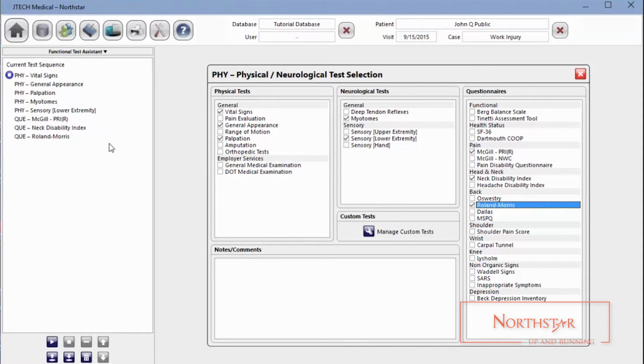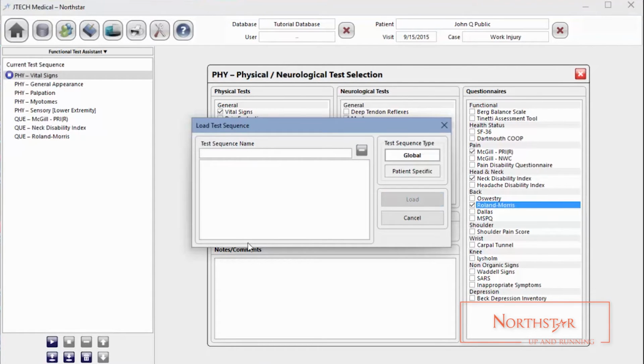The panel on your left, the playlist, is all of the tests you've added to this particular battery. You can add or remove tests as needed, or move tests up or down, which is helpful when, for instance, you want to group tests together to minimize patient repositioning. You can also load pre-saved playlists, such as common FCE tests or sequences specific to a particular patient by clicking here. We've got the Instrumented section next.